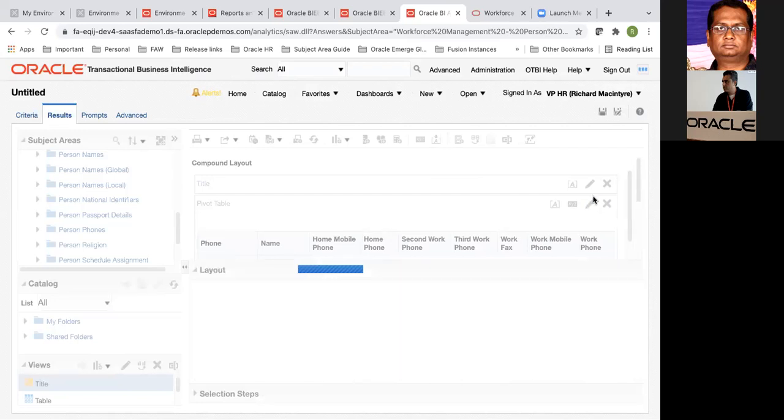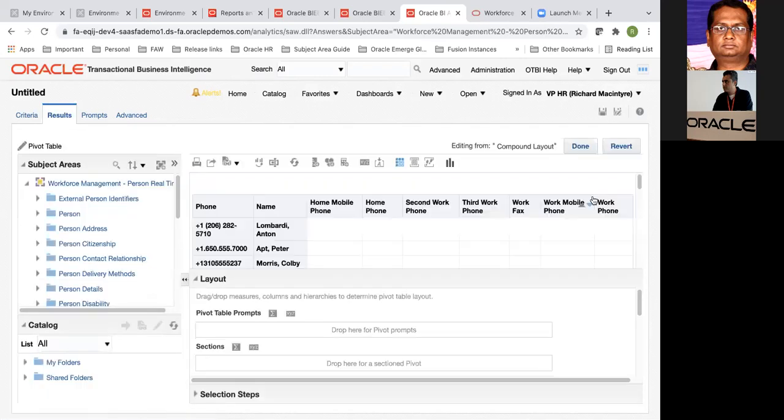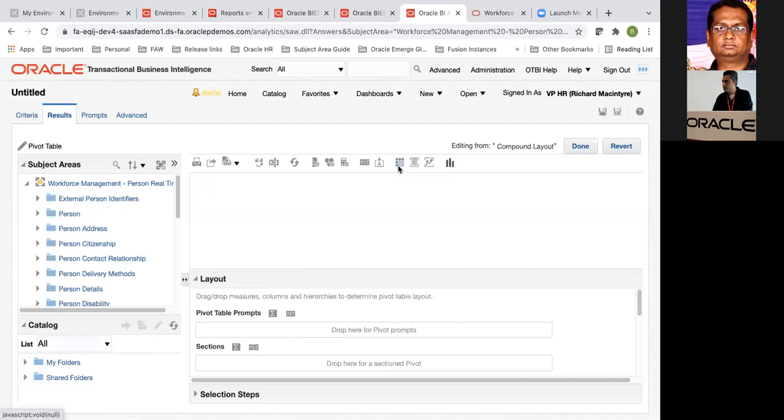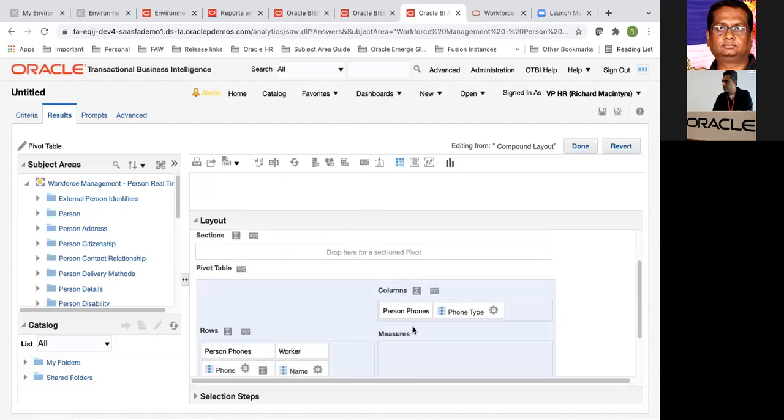Now, when I edit, there are two sections available here. The top section is where the data is available. Till I do any changes in the arrangement, I can actually disable this results output. You don't have to do it, but I'm just showing you. You can just click on this and the results will be disabled. So I'll just pull this up, for me to arrange.